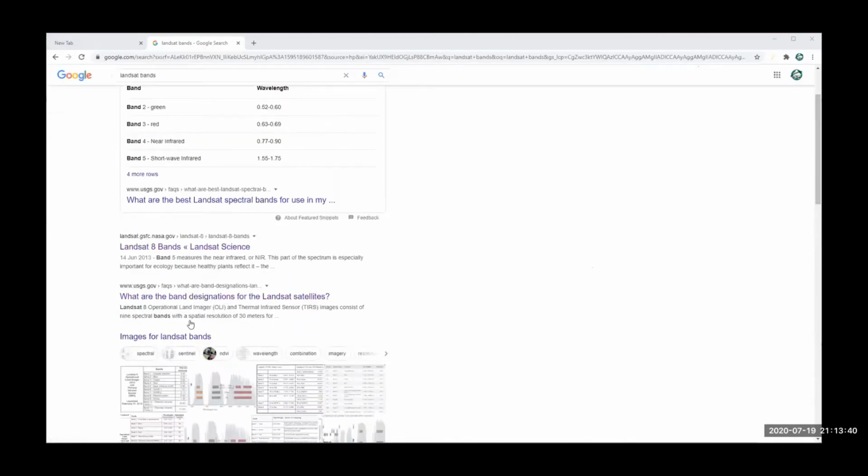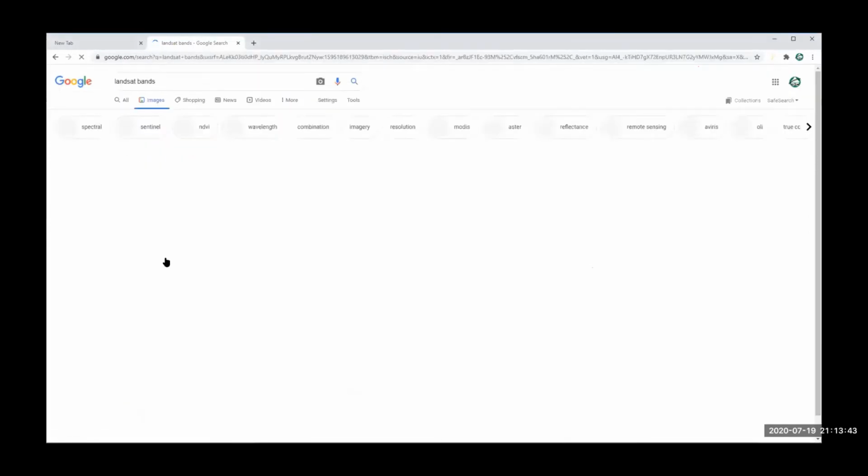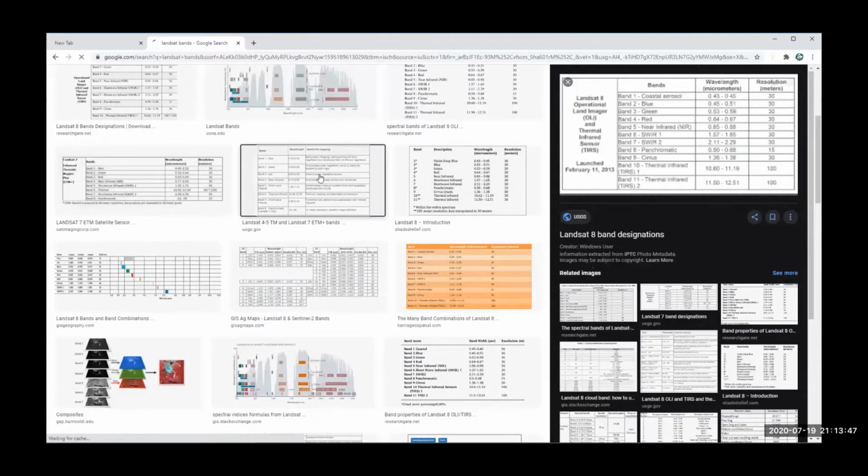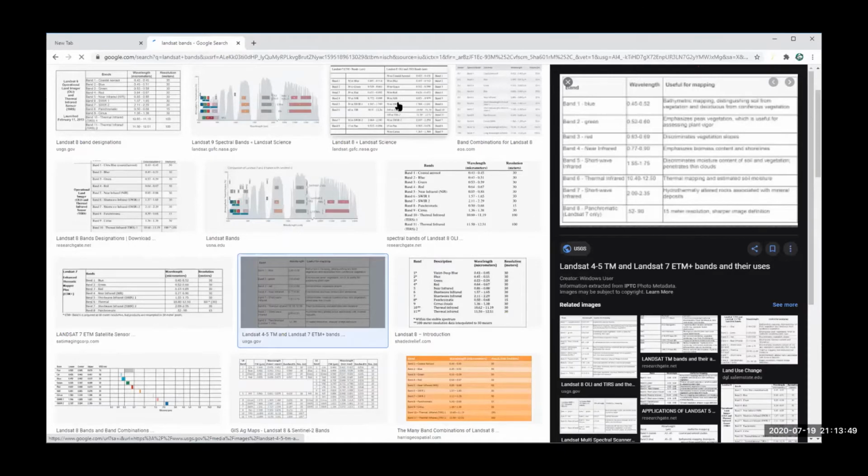Like different bands. Okay, let's look at this Landsat. Let's look at this one. I hope you can see it well. Like the wavelength. Which one is this one? Okay, this one is